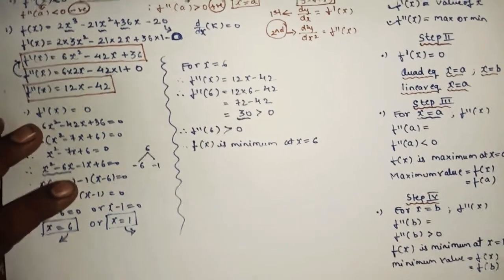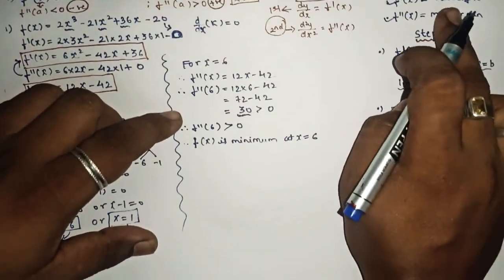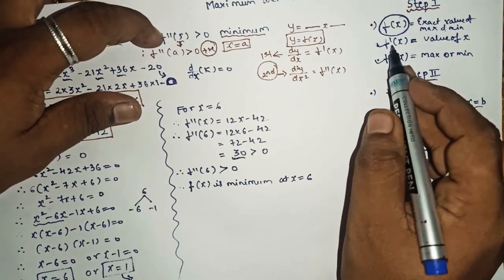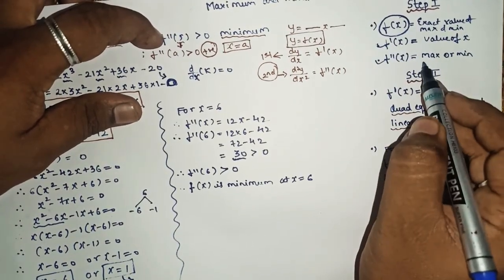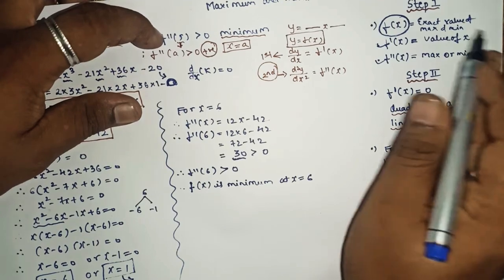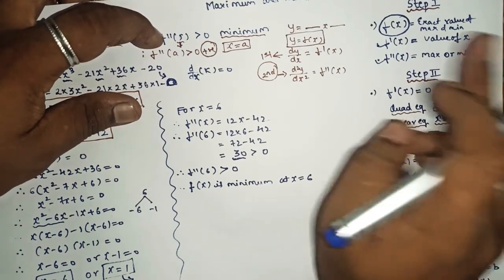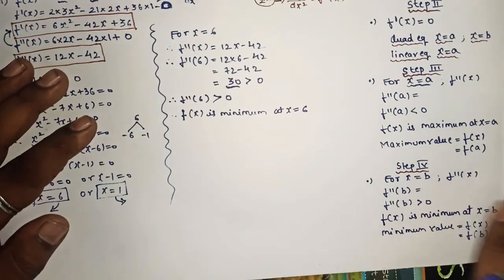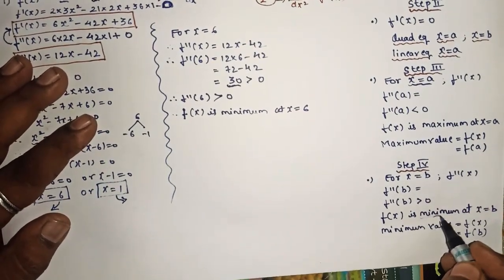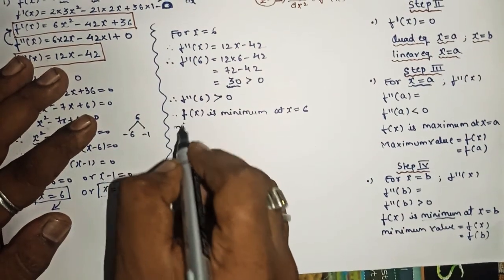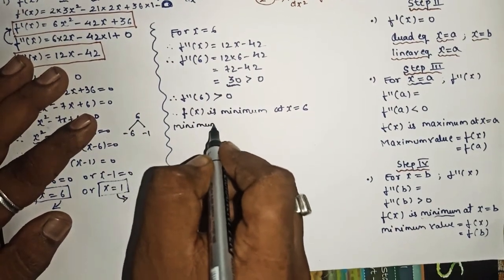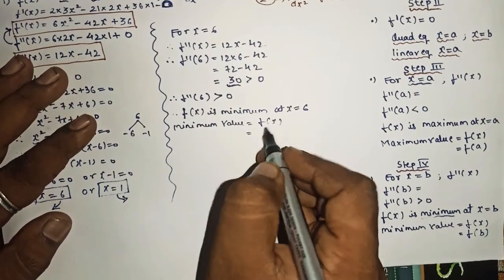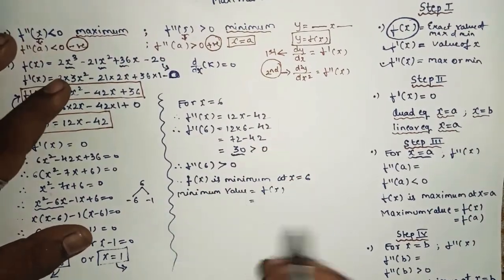So after f of x, here we got the value of x, yes or no? As per the rule, we have to find the value of x. After that, we have to decide whether it is maximum or minimum, and now we have to find the exact value of minima and maximum. Here, as we got the function is minimum, to find the minimum value you will write f of x. What is f of x? That's the actual question.